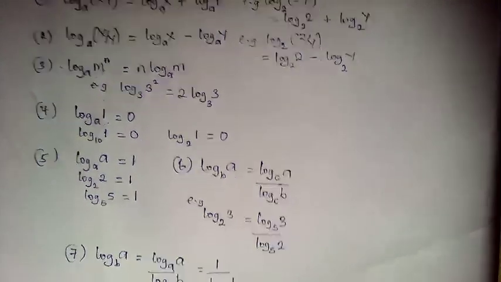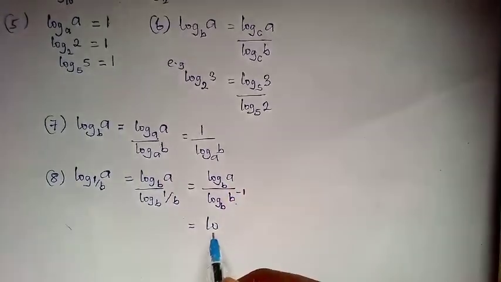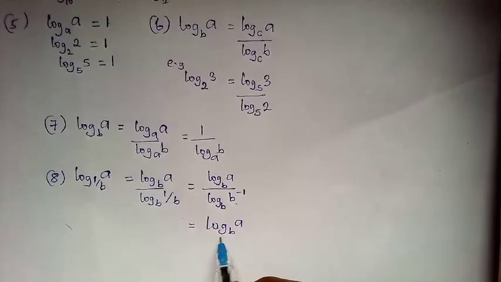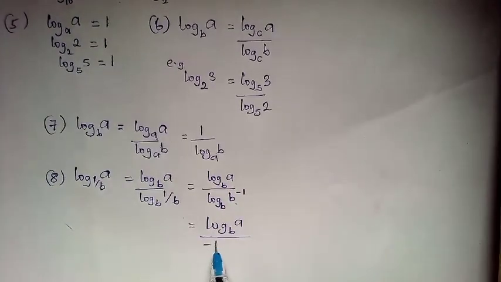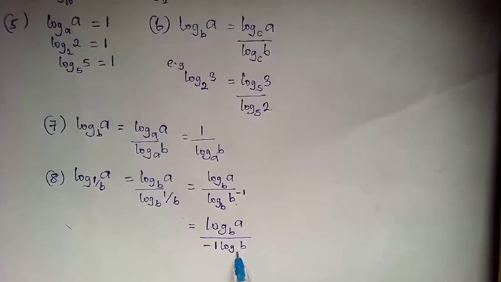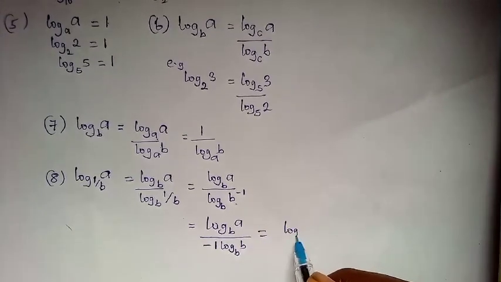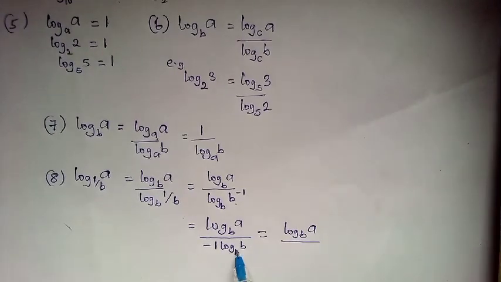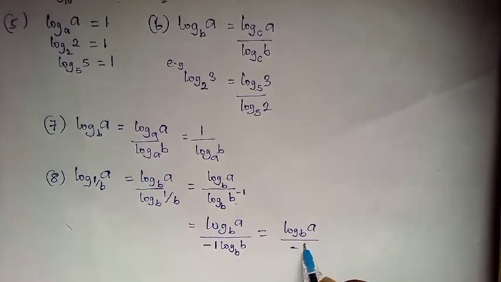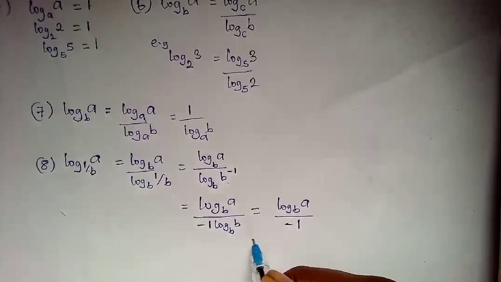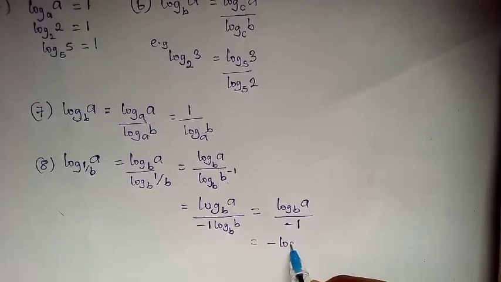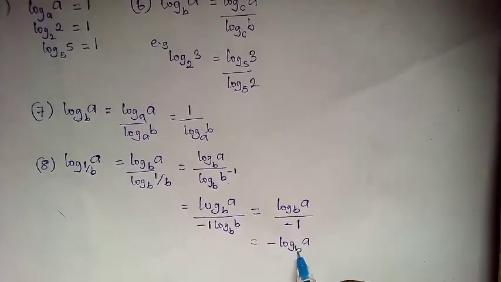So it's going to be log of a to base b over -1 log of b to base b, equal to log of a to base b over, of course you know that log of b to the base of b is 1, so over here we're left with -1, and when we divide through, we're going to have minus log of a to base b. So what this